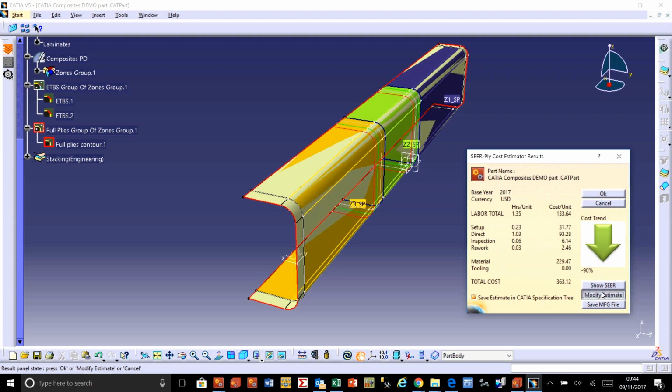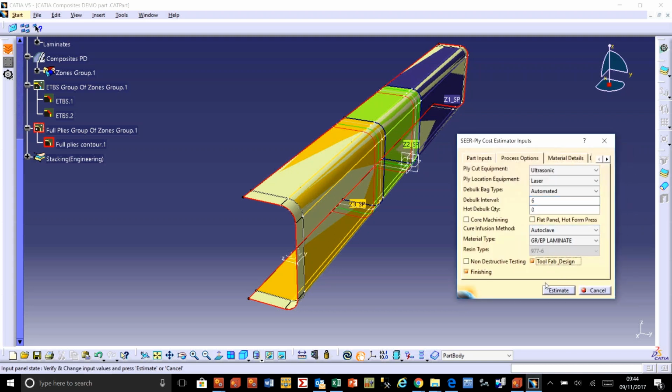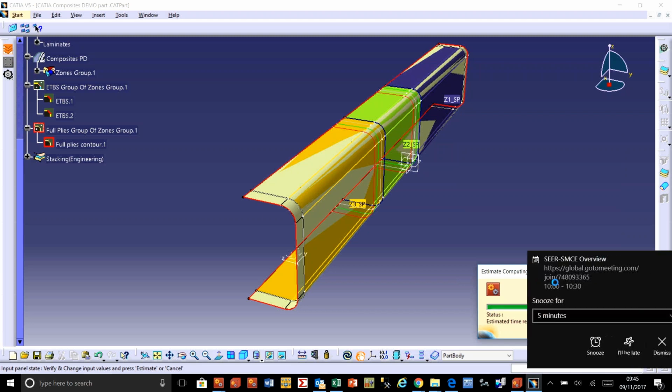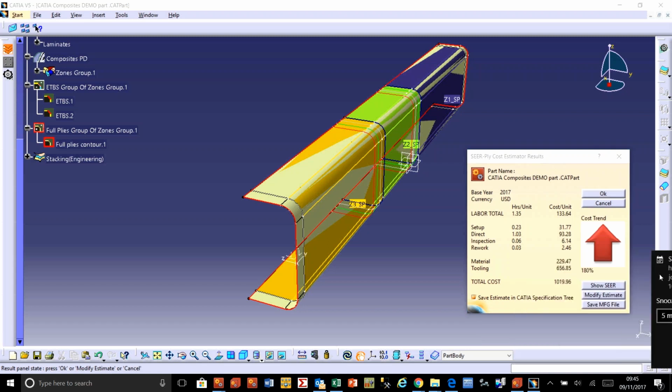So again, we can modify the estimate. We can say, actually, we did want tooling, and we'll estimate it again, and we'll see other differences. That's how the model works in the background. Now, the rules and the environments are all driven from a controllable medium in the background, one of which is an Excel file, which contains the rules. One is a SEER for manufacturing file, which contains all of the estimates that are held within MFG that creates the knowledge bases that run with each individual